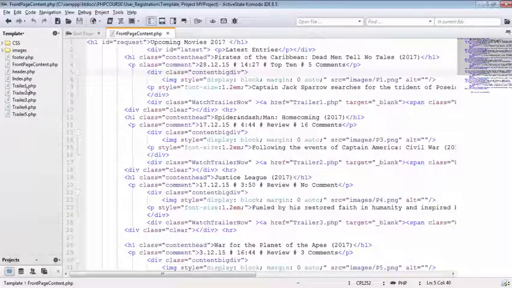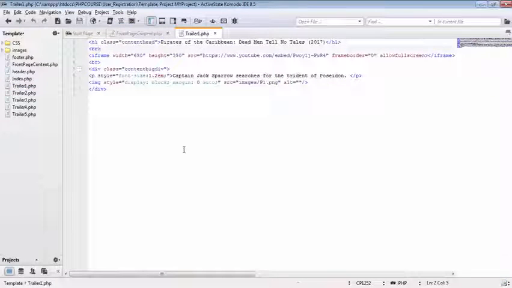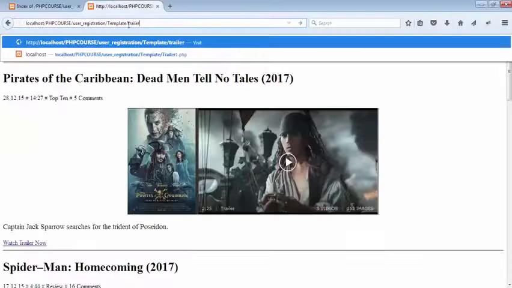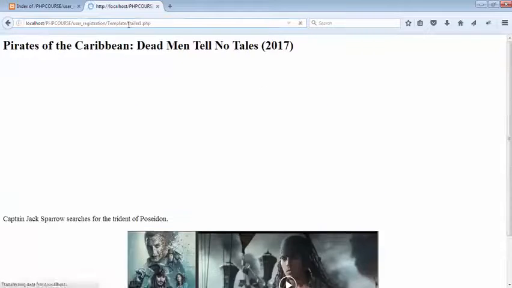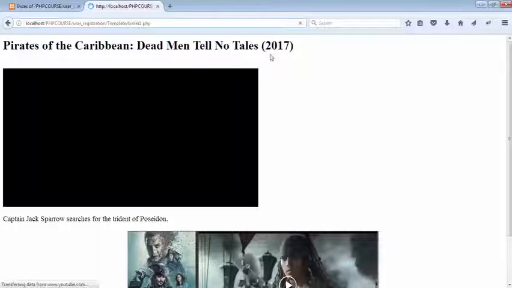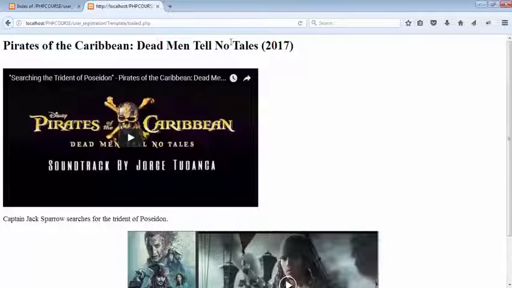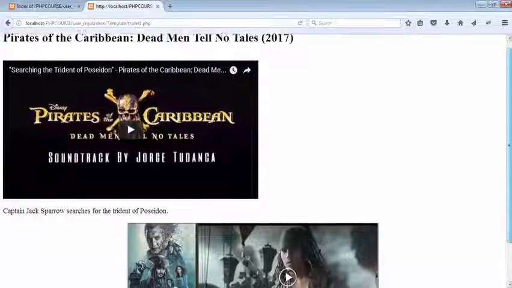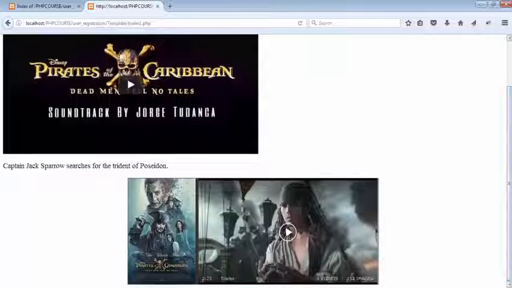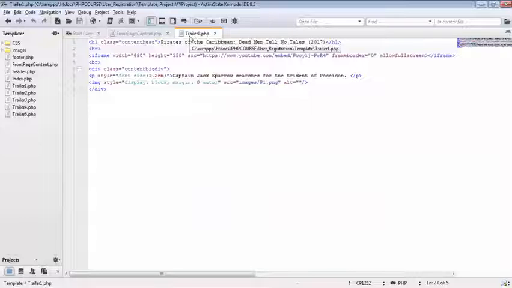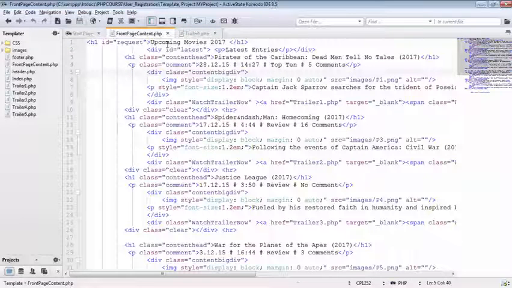And now if I show you the trailer1.php, this page, you can see there is only heading, one YouTube video, then text, and then image at the last. So now we find out that trailer1.php and this front page content.php doesn't have any kind of CSS and HTML